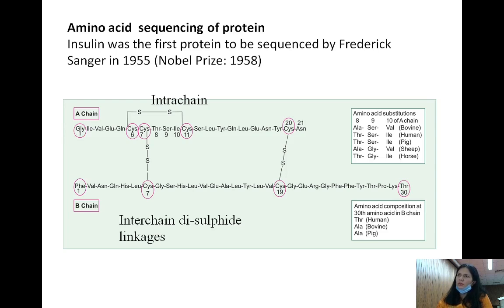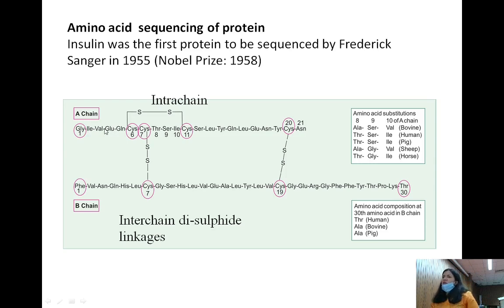Then in the next step again you add the Edman reagent, which will form a complex with isoleucine, and then again hydrolyze this peptide bond and identify the isoleucine. So this step is repeated and one by one you will be able to sequence the amino acids